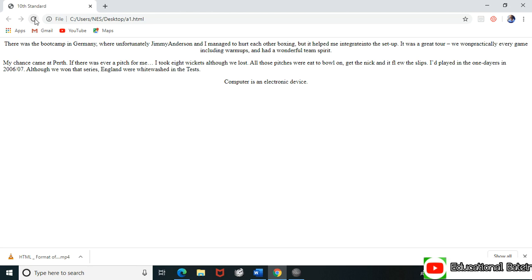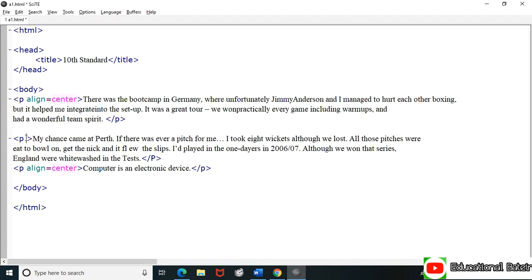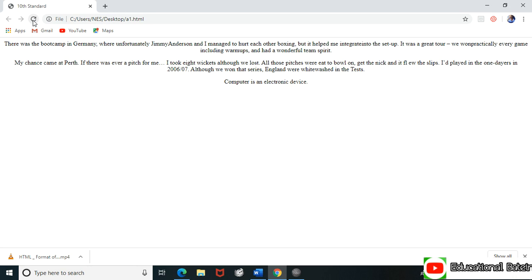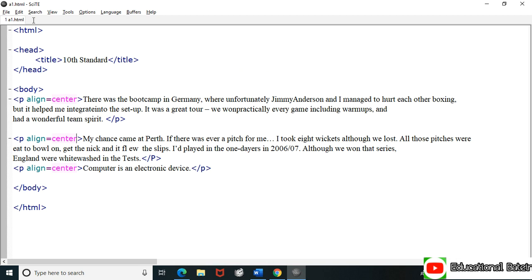And now add the attribute align equals to center. Control S. Now look at the difference. So if you want to use all the attributes of the paragraph, you have to include the paragraph tag on each and every paragraph. Now, one more thing, this was about the formatting of HTML and the paragraph tag.